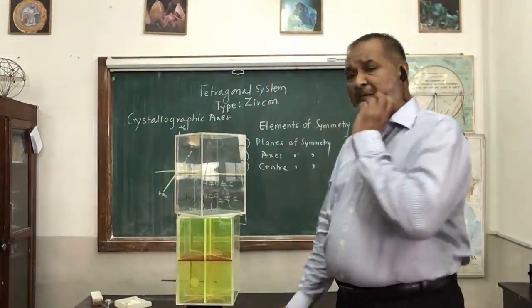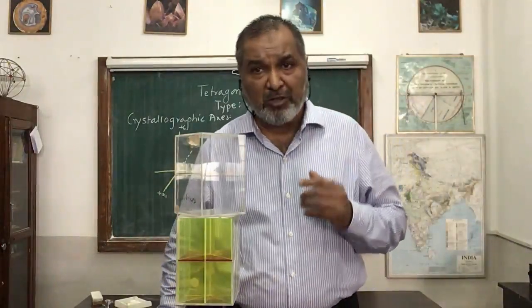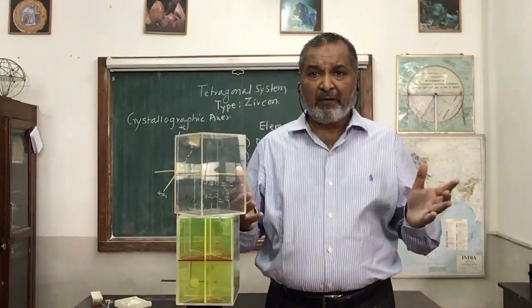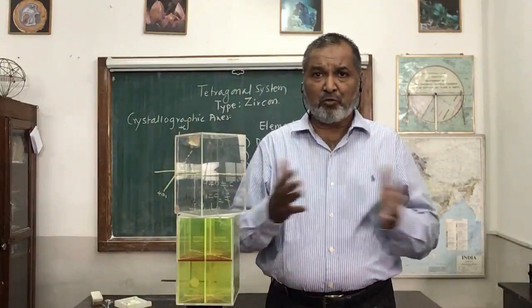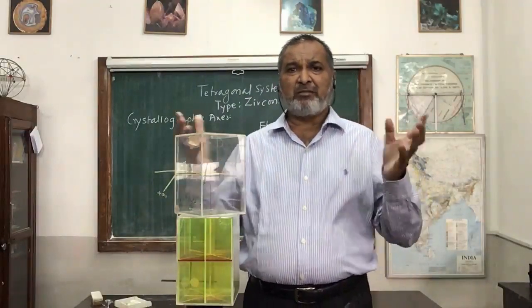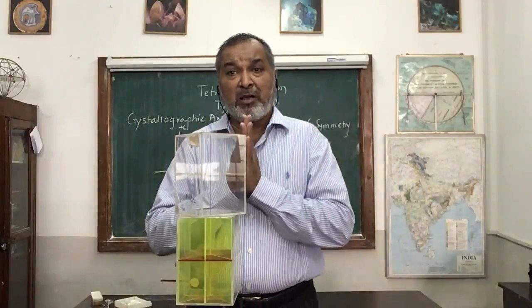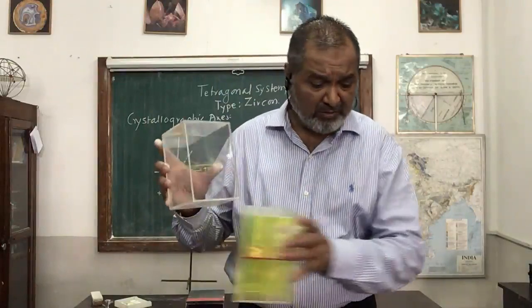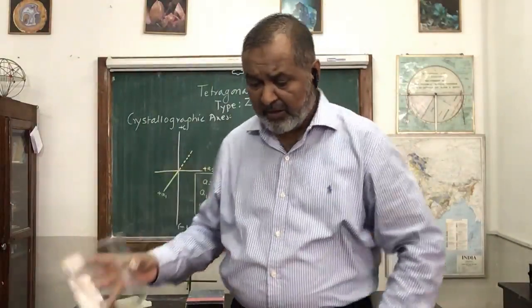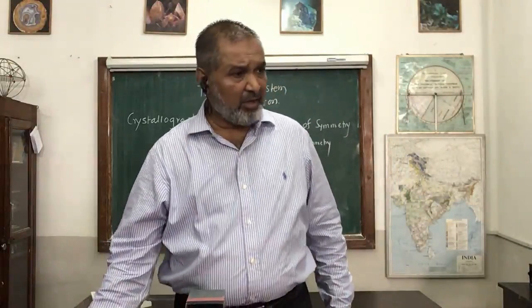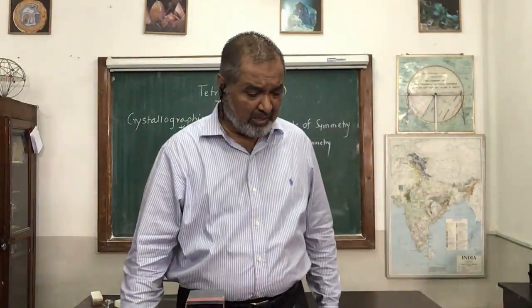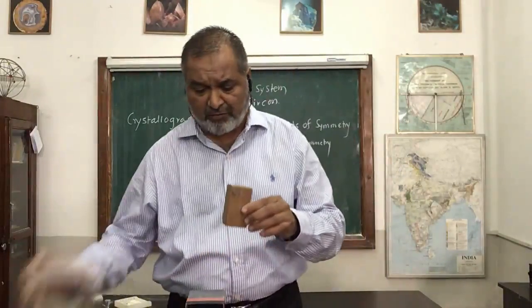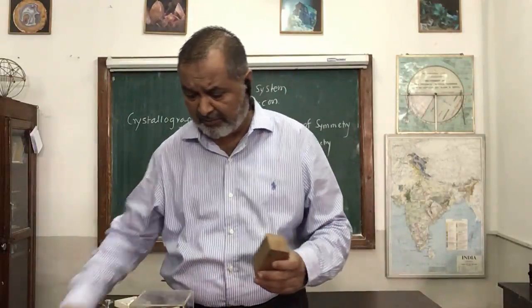Now, the first one is the plane of symmetry. You have to find out the number of possibilities, that is, the imaginary planes which divide the crystal into equal halves, whether 2, 3, 4, 5, 7, 8, whatever possibilities there are. We have to find the maximum number of possibilities within the models of this tetragonal system. Now we will directly take the model of the tetragonal system so that we can get an idea of how many planes there will be. This is the simplest model of the tetragonal system.